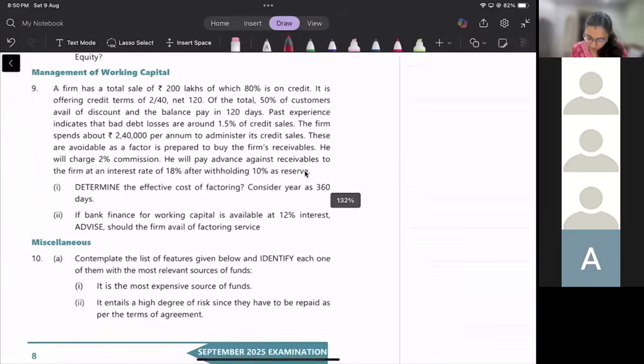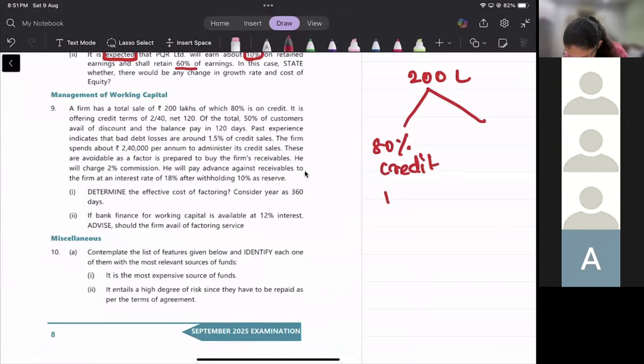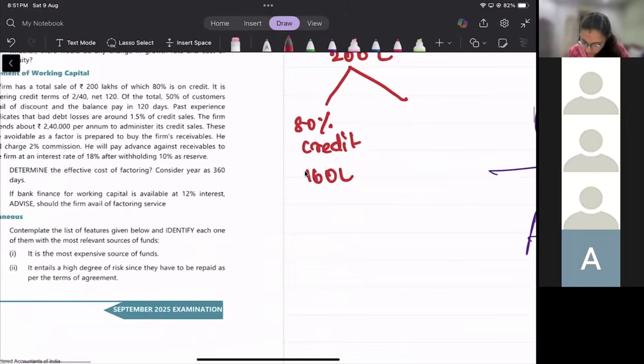Clear? Firm has a total sales of 200 lakh. Whenever you get such kind of question, try to draw a chart, so you don't have to repeatedly read the question. Of which 80% is on credit. 80% is on credit means 160 lakh is on credit. Remaining 20% is on